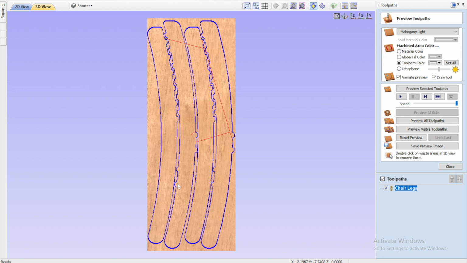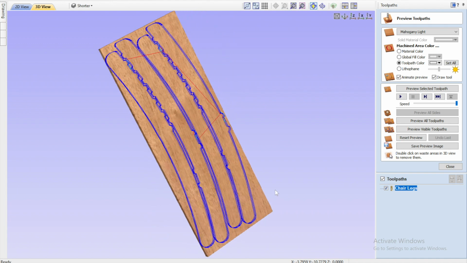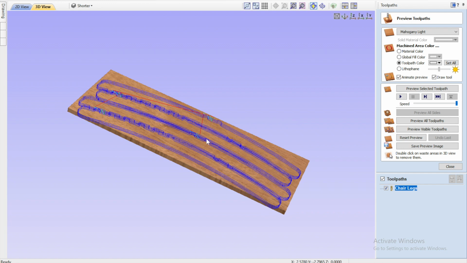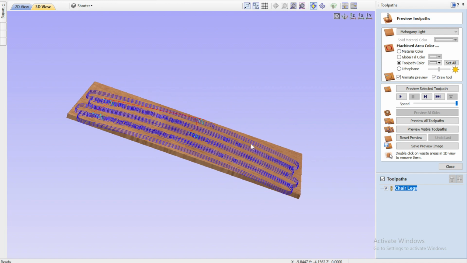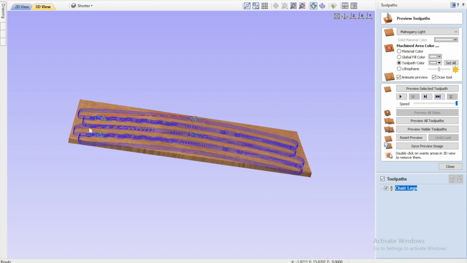and so on and so forth. So you can see our toolpath name over here. The box is checked. That means everything's going to be highlighted. Because this software will render a 3D effect, if you click, hold, and move your finger on the mouse pad, you'll see your piece of wood go sideways. Then we can zoom in on it,